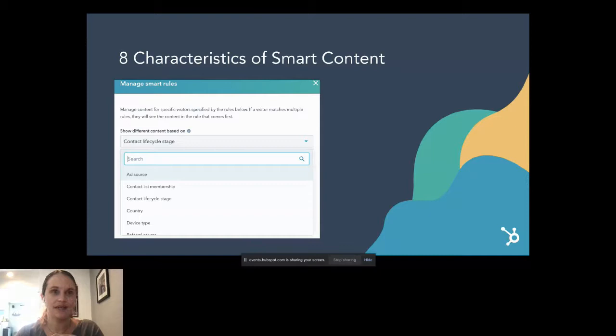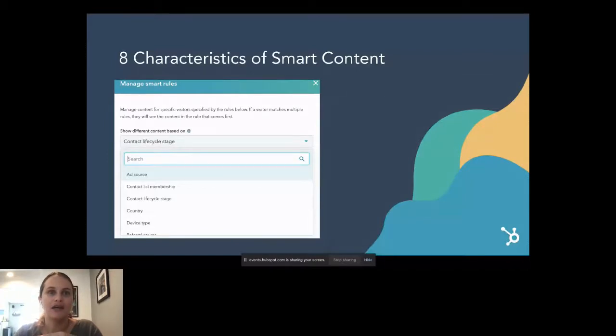And then we have ones like country, so displaying content to the viewer based on their country, and device type, which allows you to target visitors accessing your site via mobile, tablet, or desktop. Again, that one is really important. I know it sounds really simple, but if you've ever tried to fill out a form that had way too many fields and way too much text on your smartphone, I think you'll empathize with how important this one can actually be, to make sure we're not neglecting it and using smart content for it.